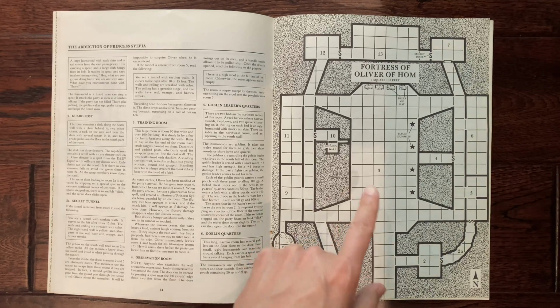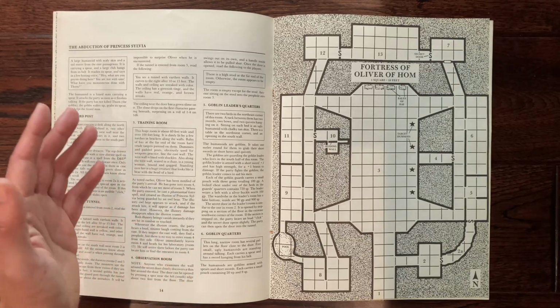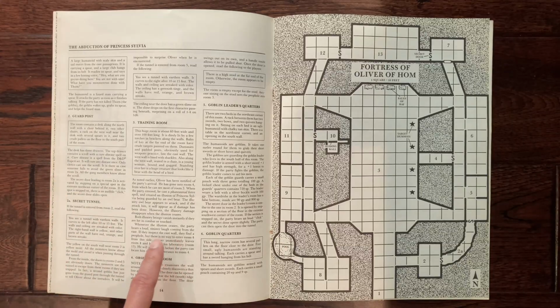If the player characters enter this area, he's going to cast a phantasmal force spell and create an illusion of the princess or the daughter of the merchant, whatever story you want to pick. This illusion will show the daughter being guarded by an owlbear. This, of course, is an illusion, so once the player characters attack it or hit it in one way or fashion, it will break the illusion and vanish. But when they do that, the player characters will hear a loud, sinister laugh coming from the east. If they inspect the east wall here, they cannot enter this room, but they find a hidey hole that he is spying from. Anyways, Oliver will leave room 4 and head to the laboratory, room number 13